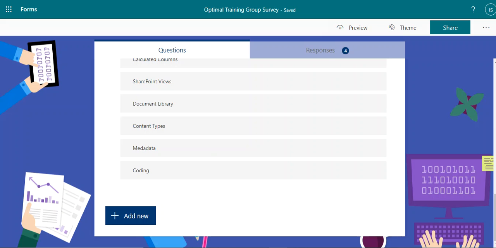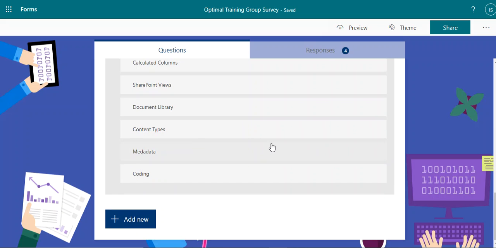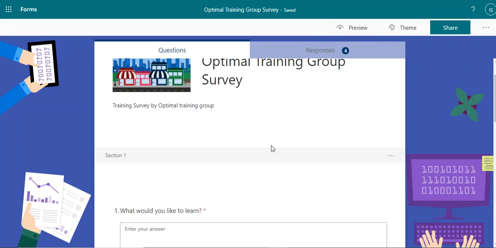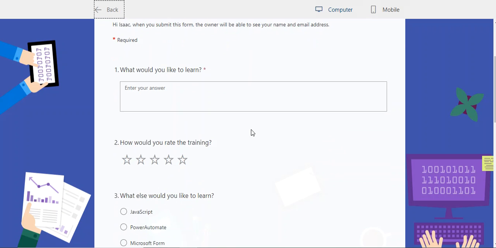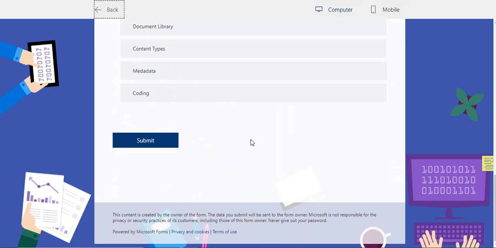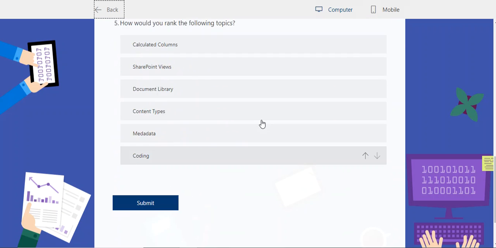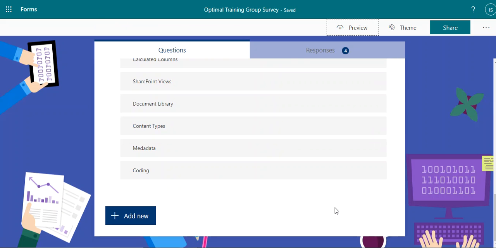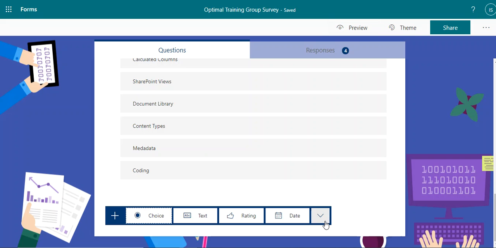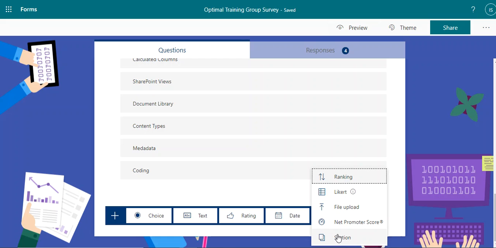Alright, so we've talked about forms, and we talked about a few of the different fields we can add to a form. In this form, let's say for example our form starts to get long and we don't want a long form, we want to make sure there's another page. So the next option we're going to talk about is section. So let's add new. If you click on this drop down, there is a section down here. So section,